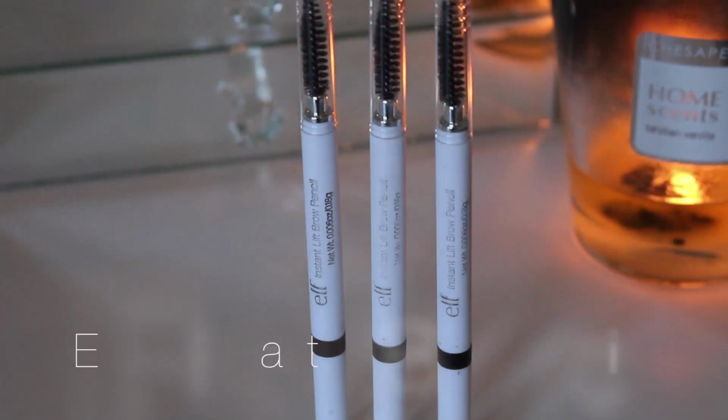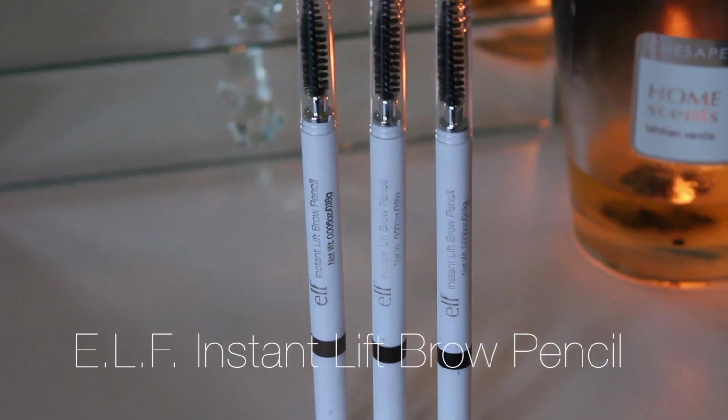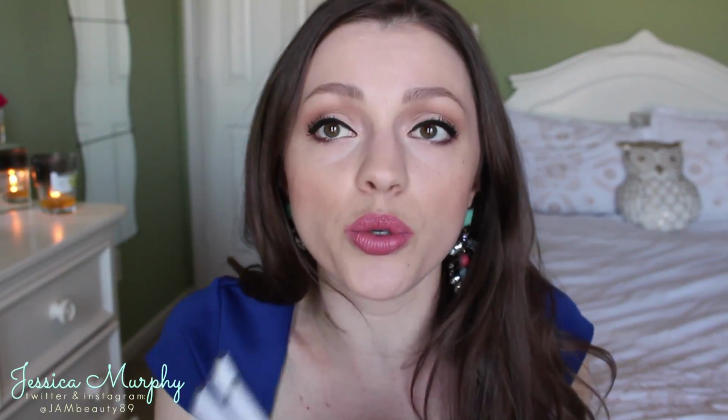Instant Lift Brow Pencil. They recently sent this to me, and I was very curious to try these out because they only have 3 shades, and I was curious if any of them would actually work for me because I'm really picky and I don't like eyebrow pencils that pull red. I like it to be more gray toned or cool toned, so they only have 3 shades in the range,